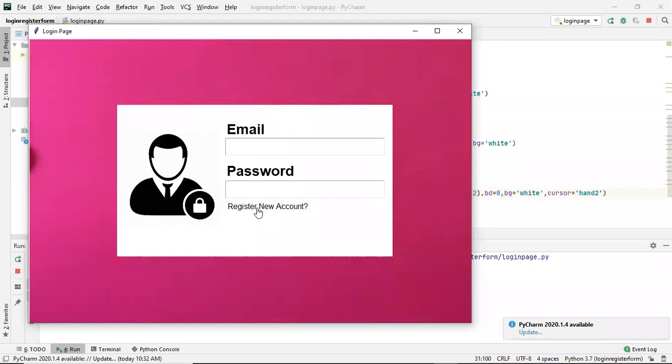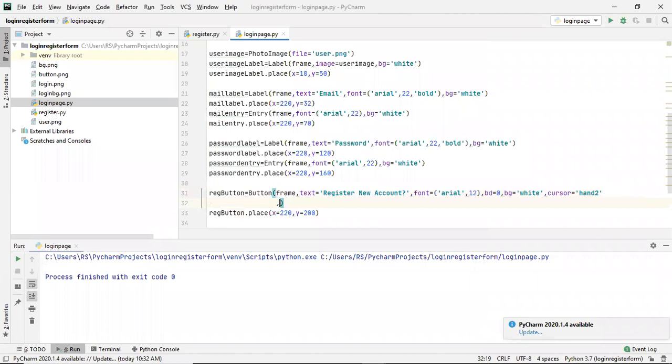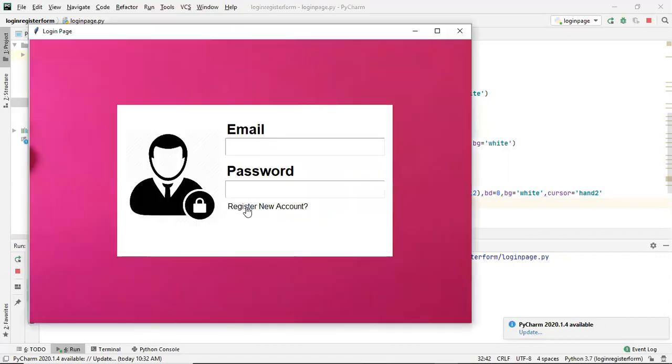Next thing is, if you closely see, when I'm clicking it, you can see that gray color. That gray color is known as active background color. So I'll change that active background color also. I'll move to a new line, comma, active background color. Active background color is the color you see when you click on that button with a mouse. I'll simply change that color to white also. So now if I run this, you cannot see that color, right?